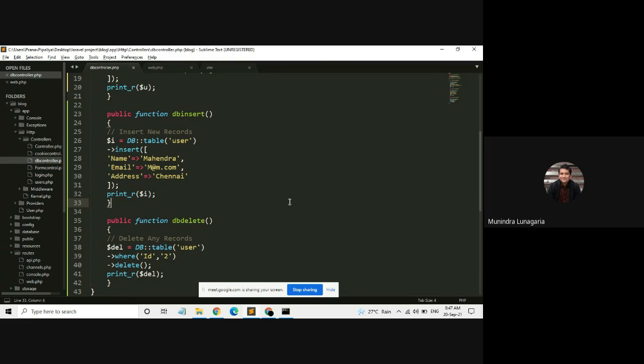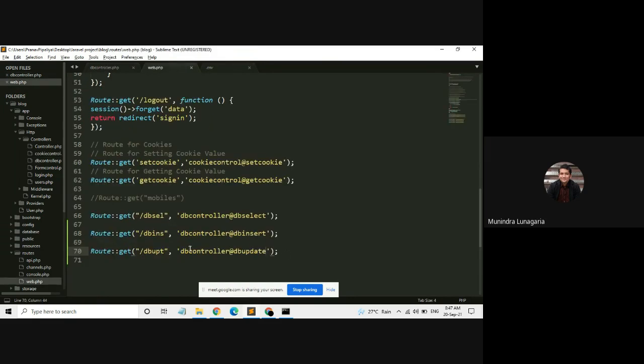So we use the delete function and print delete. We also need to write a route for the delete, right?